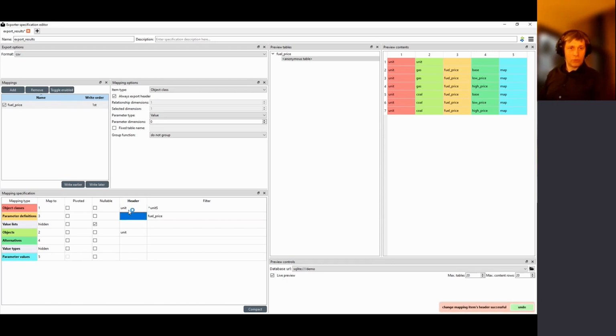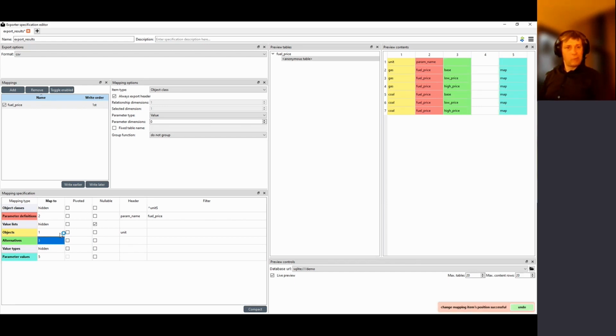and let's say that we want, no, wait a minute, I don't want to actually export those object classes. I'm gonna hide them because we only want to export the objects themselves. We're gonna put it in the first column, and then the parameter definition can go to the second column. We can call it param name, and alternatives then third row,